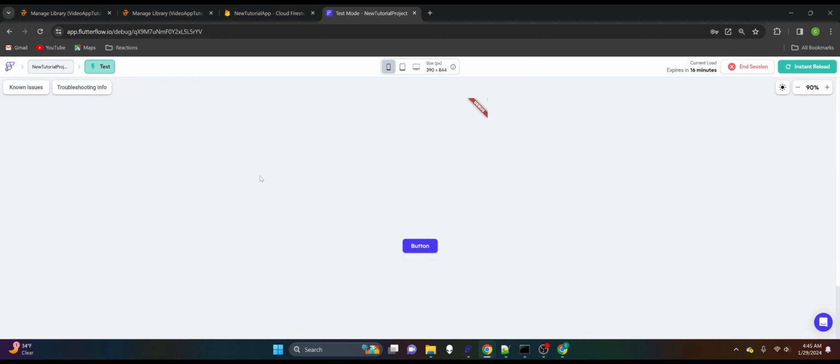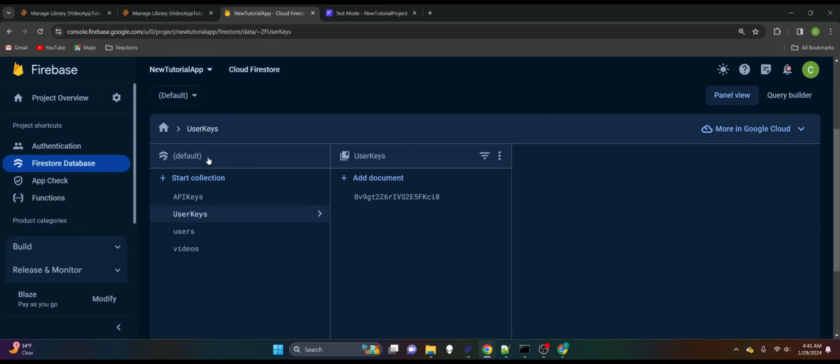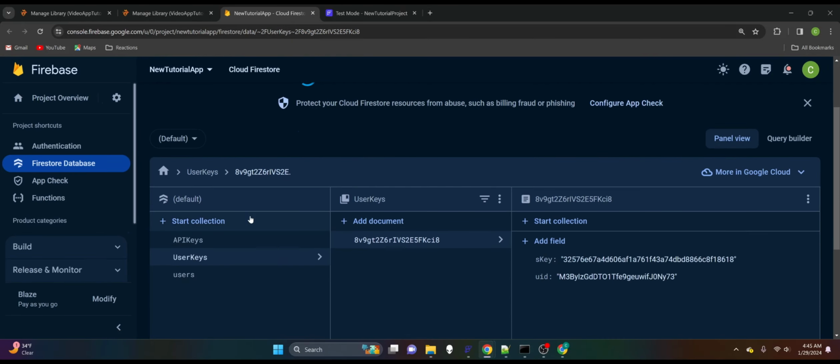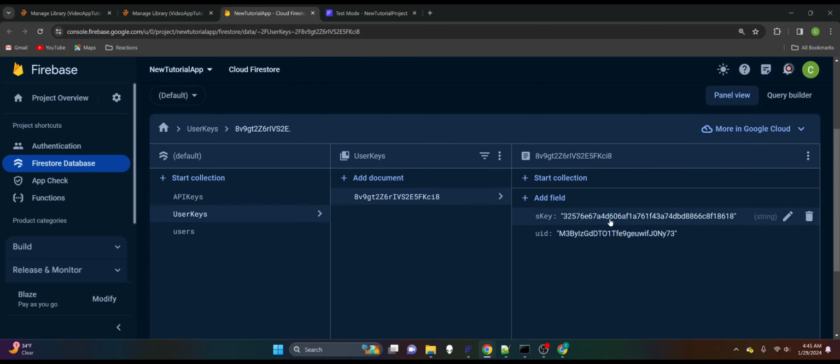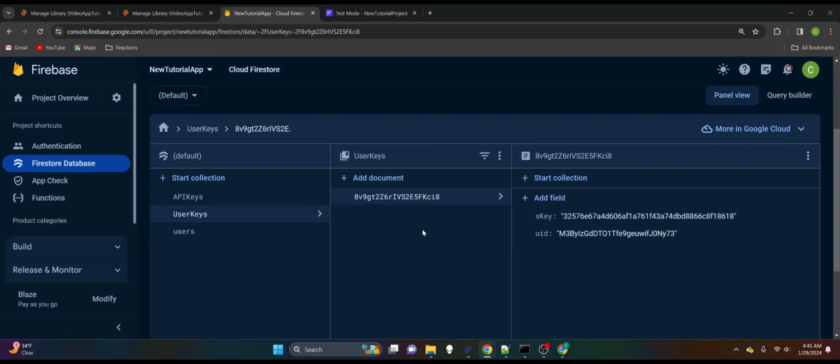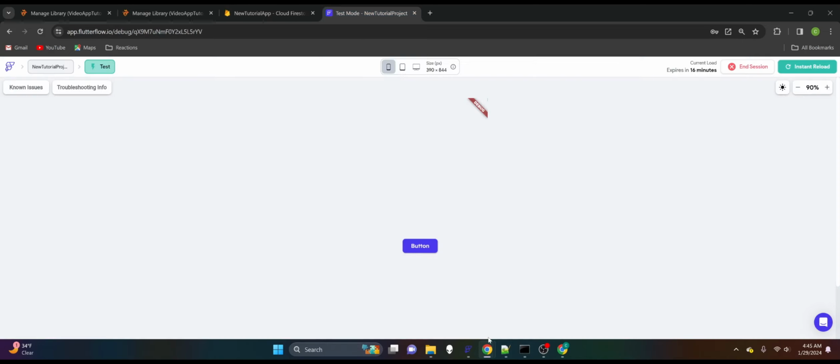Okay, that's pretty quick. Let's go see if it took it. Alright, these are keys. Okay, so we got our secret key here, and UID. Let's see, this is my user account, so that is right, it's the same. Okay, so that worked. That created our SHA-256, so that completed correctly,